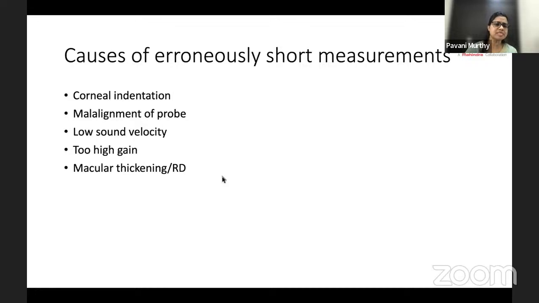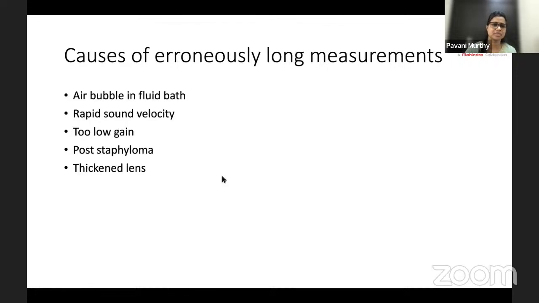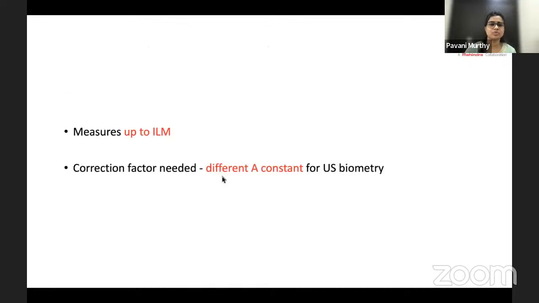Corneal indentation, misalignment of the probe, low sound velocity, too high a gain, and macular thickening or RD can cause erroneously short measurements. Air bubble in the fluid bath, rapid sound velocities, too low gain, posterior staphyloma, and thickened lenses can cause erroneously long measurements. It is important to know that ultrasound scanning is up till the ILM, internal limiting membrane, only,